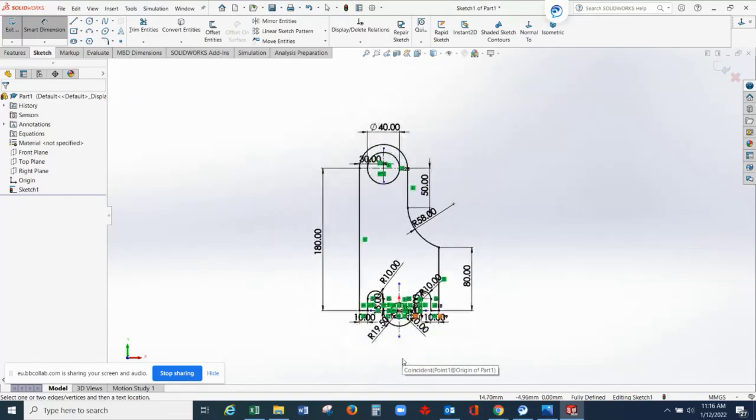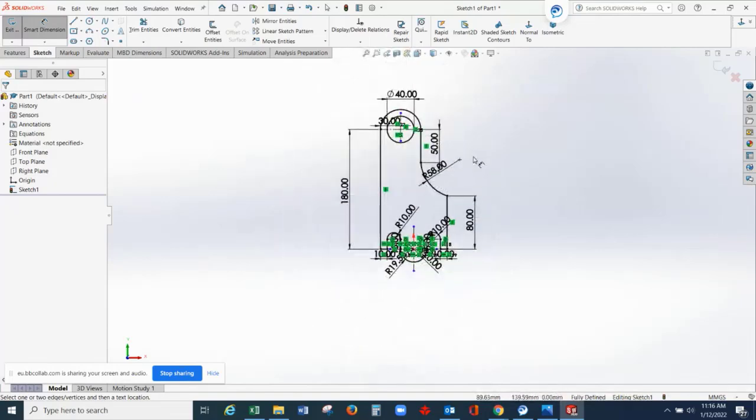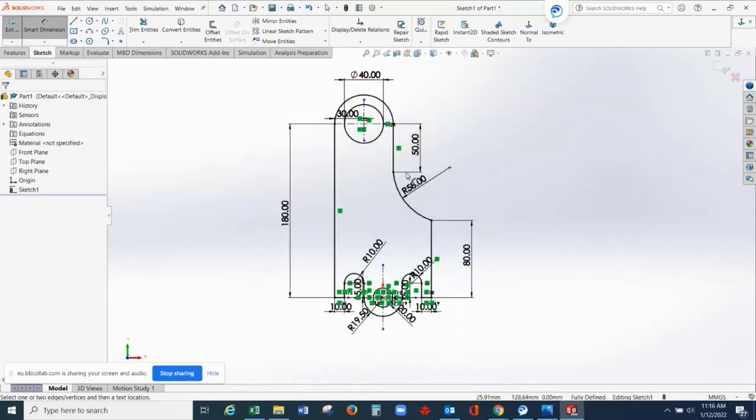So in creating a two-dimensional drawing, it is very important that we are checking the drawing if it is fully defined or underdefined. So the drawing can be underdefined if the two-dimensional drawing is open on one end, or missing dimensions are there on the drawings, or missing relationships need to be applied on the drawing.